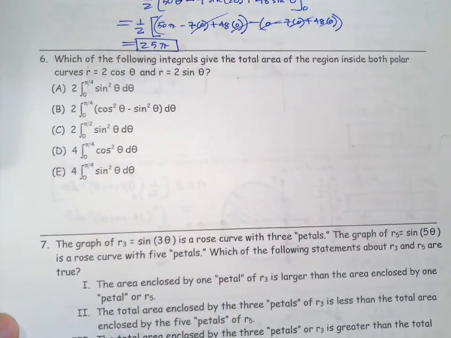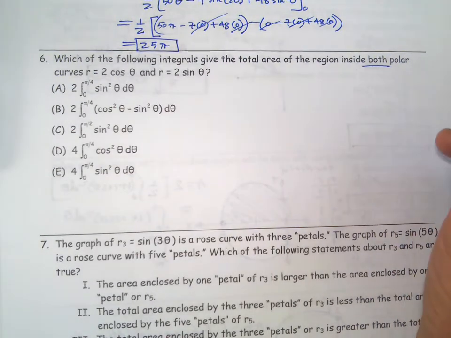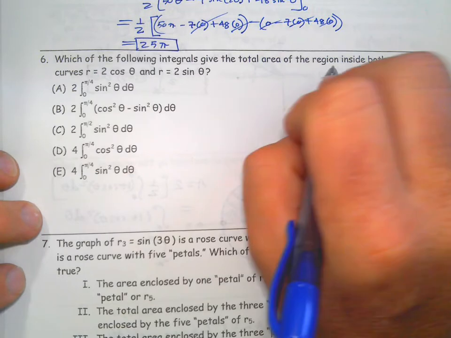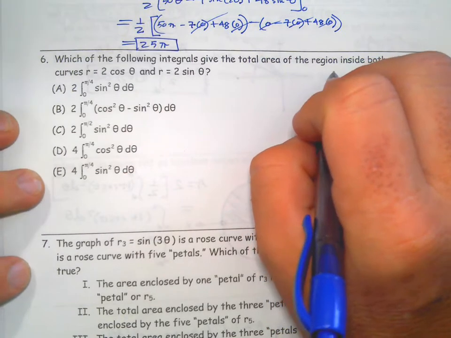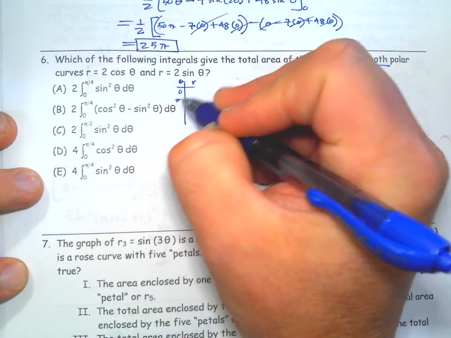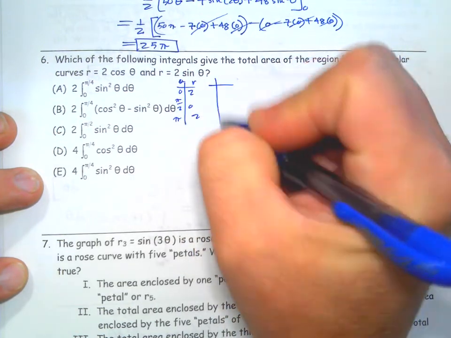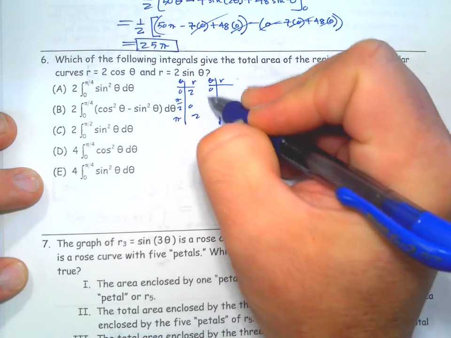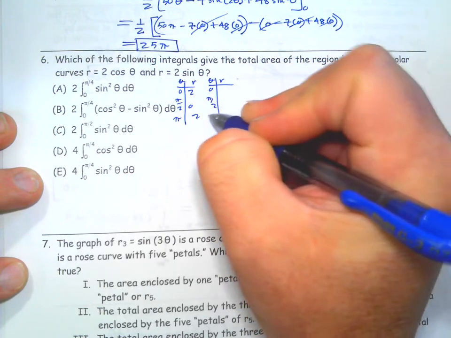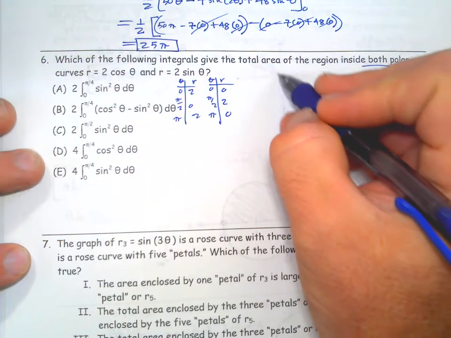Which of the following integrals gives the total area of the region inside both polar curves? These are both circles. I think we should draw a quick sketch. 0, pi over 2, pi. This is going to be 2, 0, 2. And then the other one is going to be 0, 2, 0. So if we graph these together,